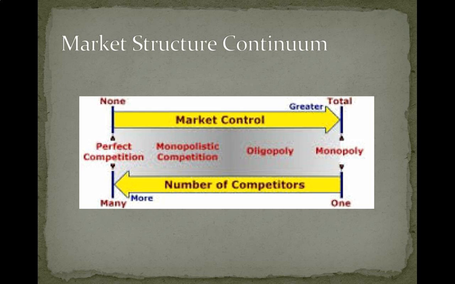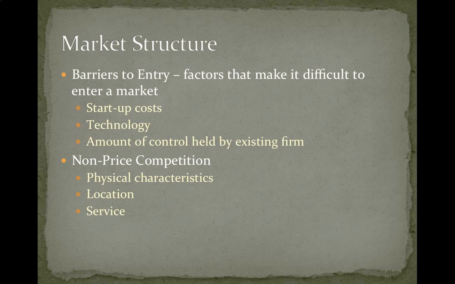This is a continuum of highly competitive industries all the way over to non-competitive industries or markets. The two on the left, perfect competition and monopolistic competition, are highly competitive markets. They have many, many firms, in some instances thousands of firms, who make products that go into this industry. On the right-hand side, oligopoly and monopoly are non-competitive, or have very, very little competition in those industries.